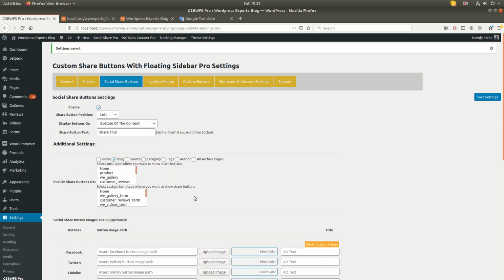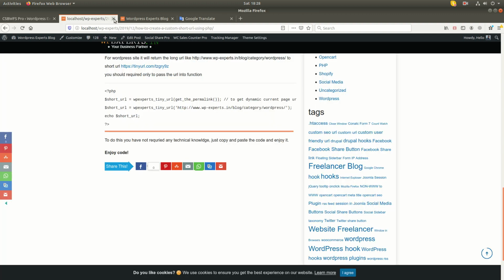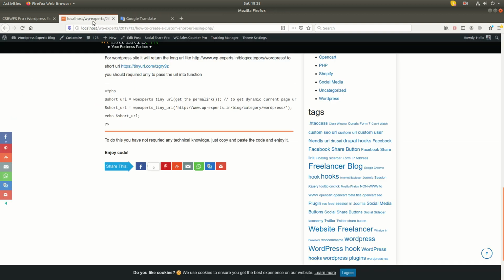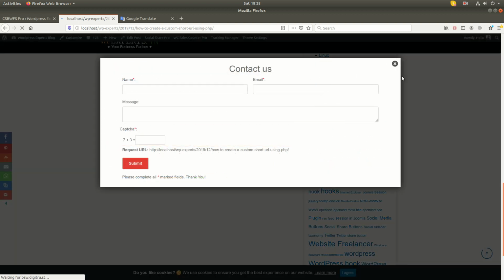Okay, so let me define the settings of the... we have given a feature in our add-on, a feature to pop up a lightbox.